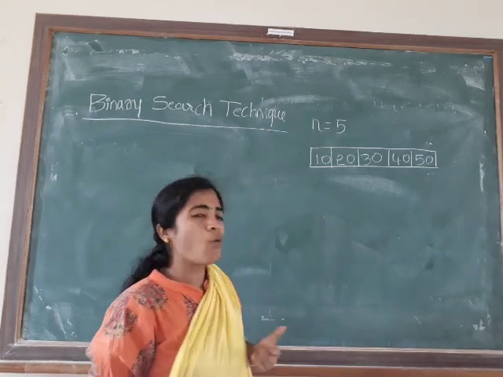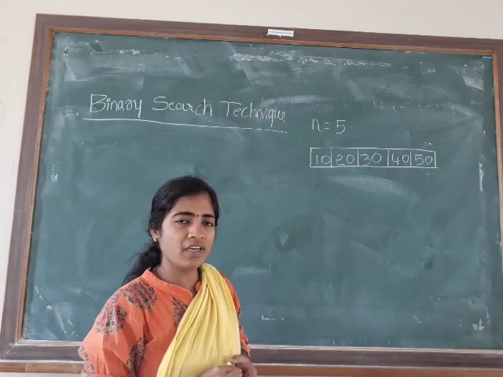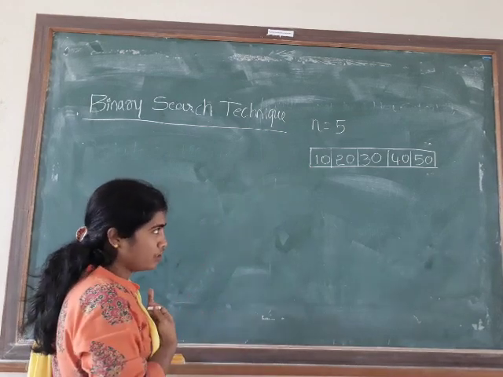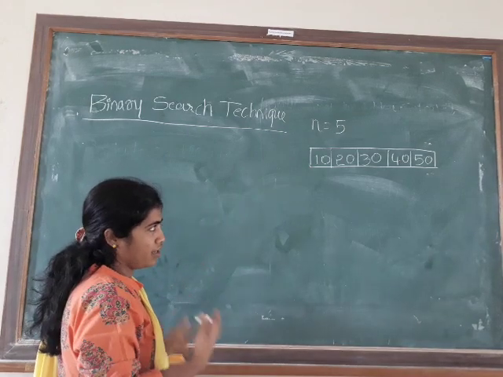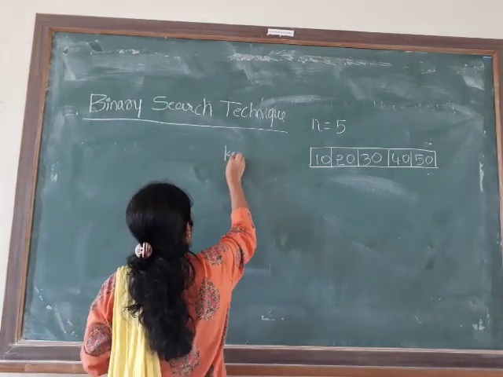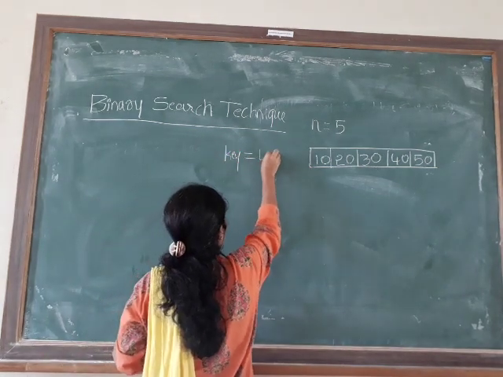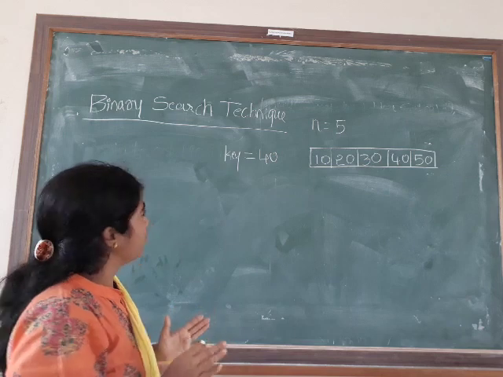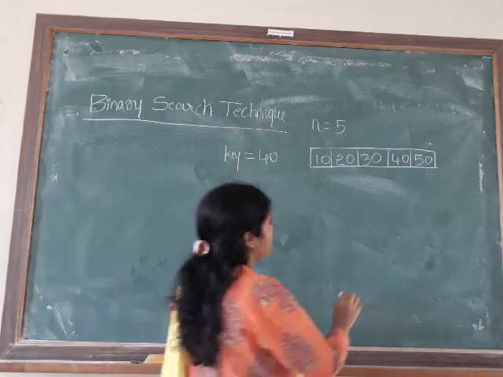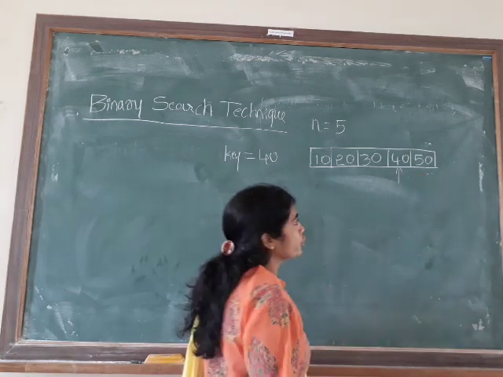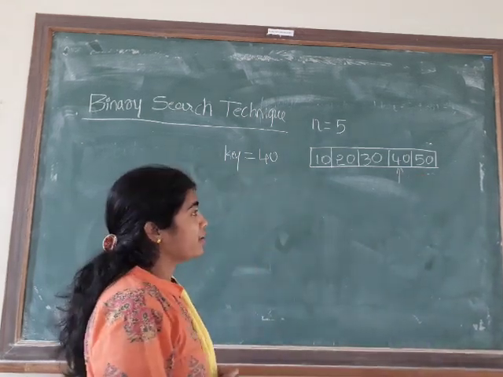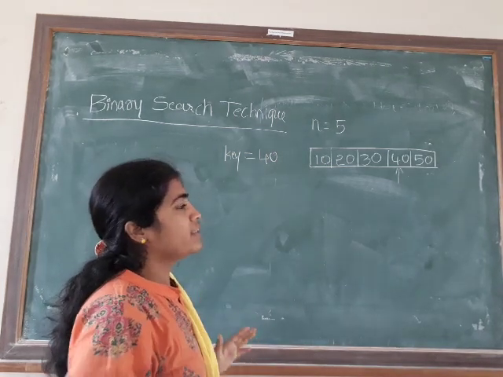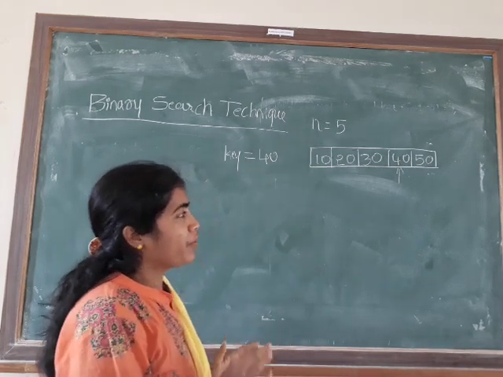So then madam, what are you doing here with the numbers in ascending order? What kind of method will you be following? See here, I would like to search a given element in the array list. For example, if I want to search the key element 40, your binary search technique tells that 40 is present at the fourth position. So by this easily we can tell that the element is found.